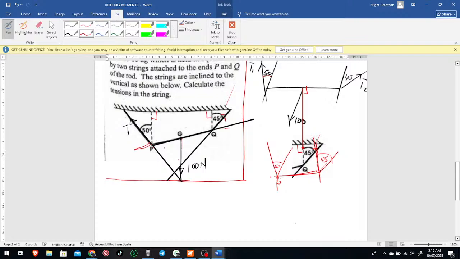This and this are parallel. So we don't know the angle here. Let's say here is K. Here is K. Here's 45, and create an angle of 90 degrees here. If I extend the straight line,